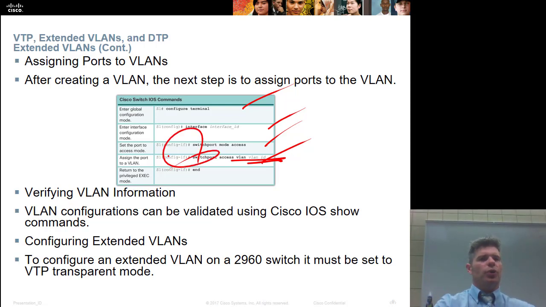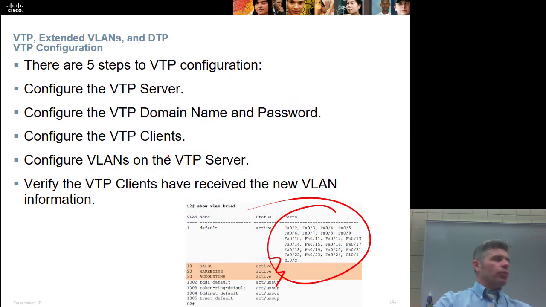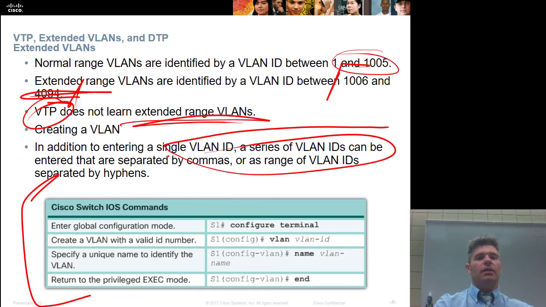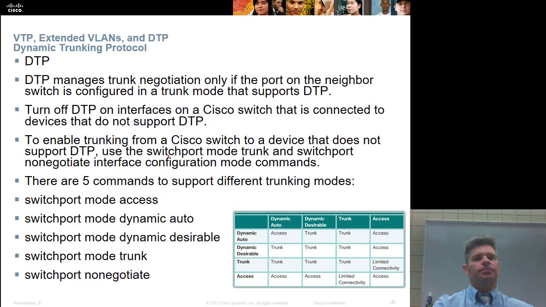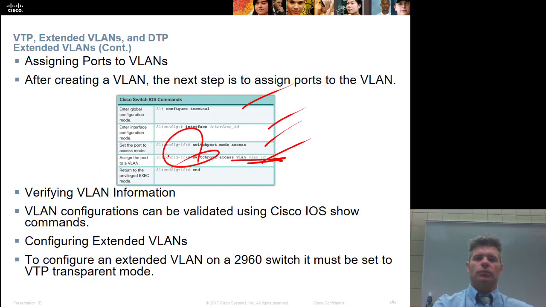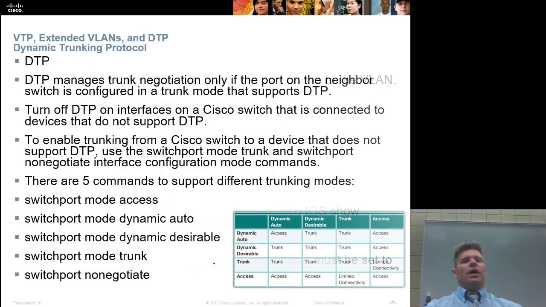Go through and do a show VLAN brief, and you'll get that kind of output. And then, presumably, you'll have some VLANs or some switch ports in the VLAN. Same deal applies for extended VLANs. On particular types of switch, you have to set VTP transparent because